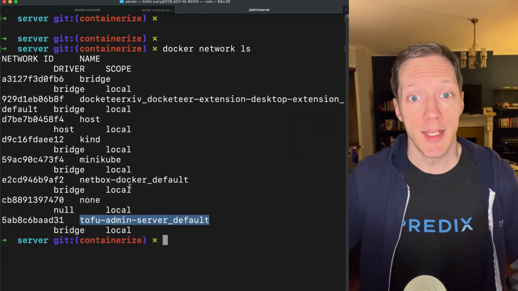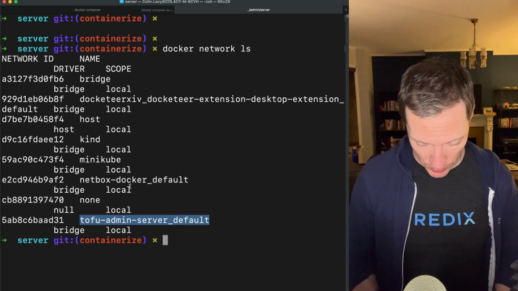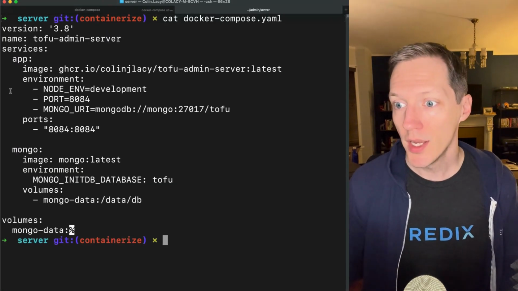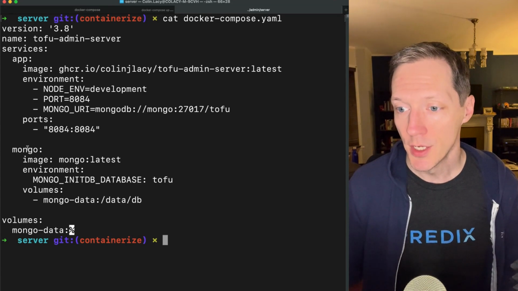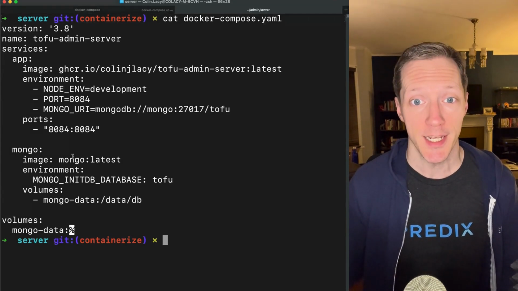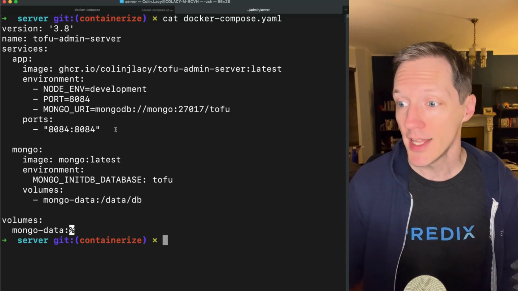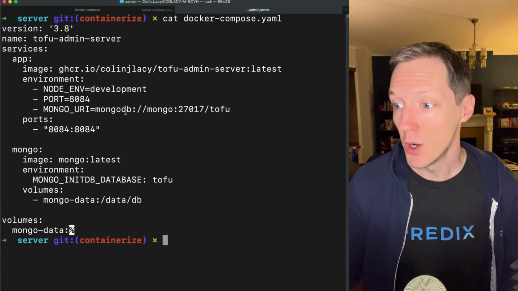So if I set up names for these services, right? Remember, if I cat my Docker Compose, right, the name of the service becomes the DNS name, the DNS entry for these containers. And that's why I can talk to MongoDB on Mongo, pointing to the name of the service,